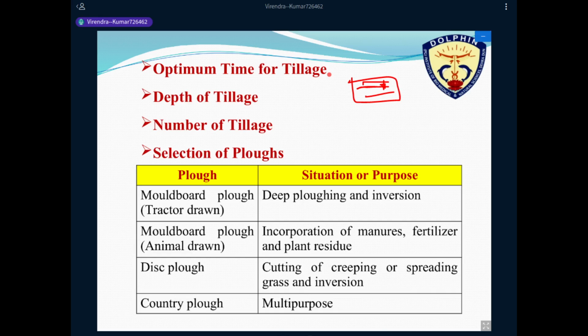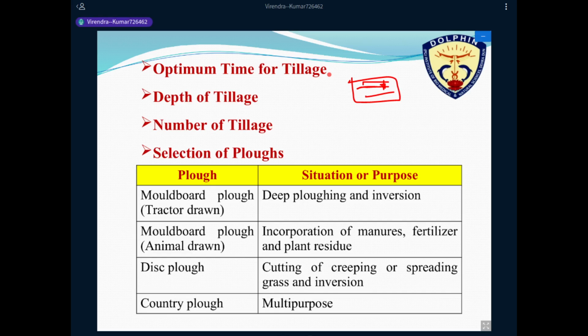जबकि अगर आपका हैवी सॉइल है तो उसमें वाटर होल्डिंग कैपेसिटी अधिक रहती है, वो लंबे समय तक वाटर होल्ड करके रखता है, तो स्टिकनेस होती है, और वो जब ड्राई होता है तो उसमें कंपैक्शन अधिक होती है। तो हैवी सॉइल के जो वॉल्यूम्स होते हैं वो अधिक होते हैं, पार्टिकल्स छोटे होते हैं, उसमें माइक्रो पोर्स अधिक होते हैं, तो उसमें वाटर होल्डिंग कैपेसिटी लंबे समय तक रहती है।